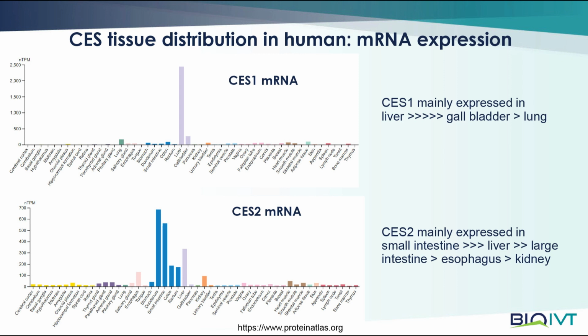But you can see from this, carboxylesterase 1 is liver and then gallbladder. There's really not much else going on there with the mRNA. Carboxylesterase 2, on the other hand, is still in liver. You can see quite a significant amount, and then these are different portions of the GI tract. So we think of carboxylesterase 1 as being the predominant liver carboxylesterase, and then carboxylesterase 2 is the one that's